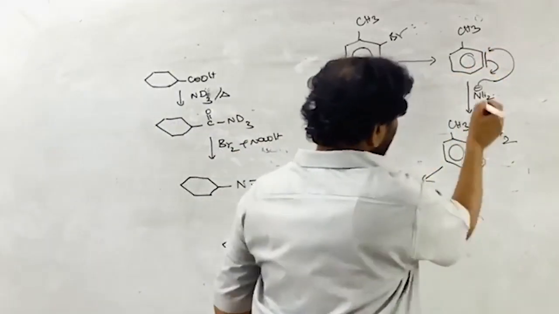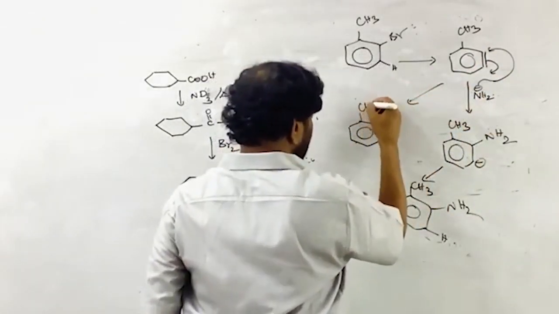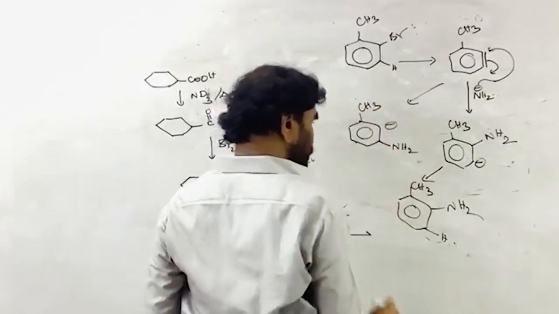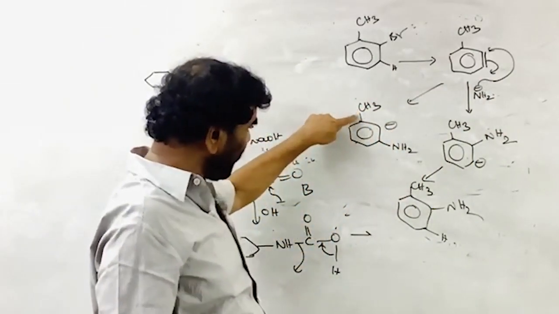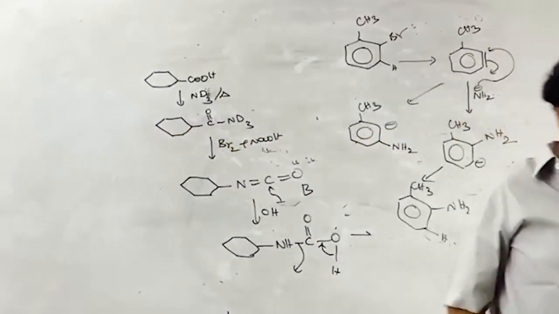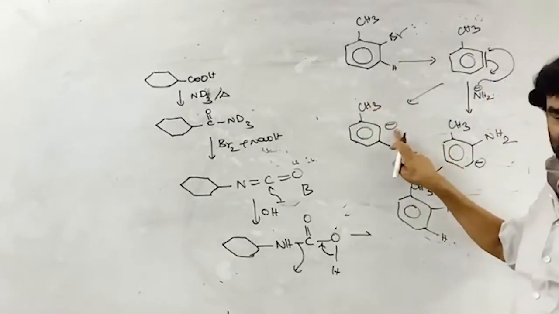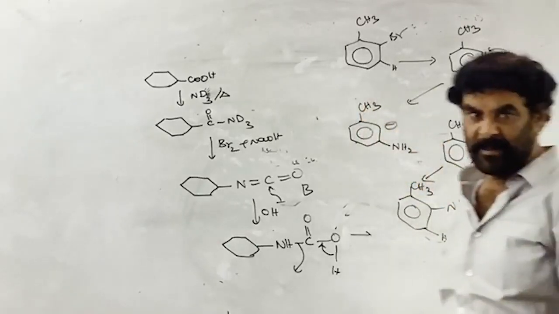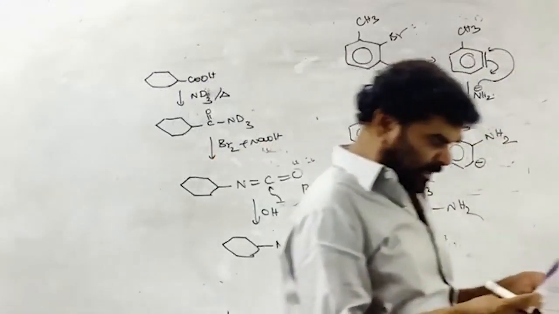If the negative charge is formed here and it attacks the other way, this is methyl, this is NH2, this is a negative charge, then what happens? This is repelled by the inductive effect of the methyl group, the plus I group repels this one. That is steric repulsion, sir. This destabilizes by enhancing the negative charge, the plus I effect of the methyl group. Therefore, this is the product of the reaction. A is the correct option for you.